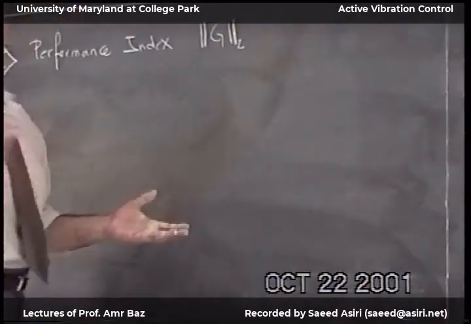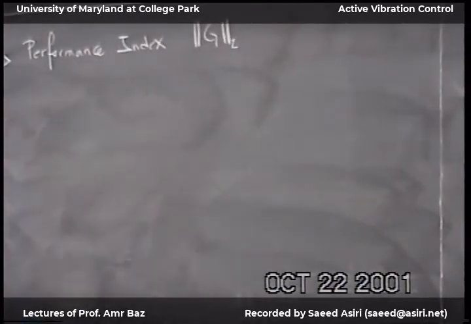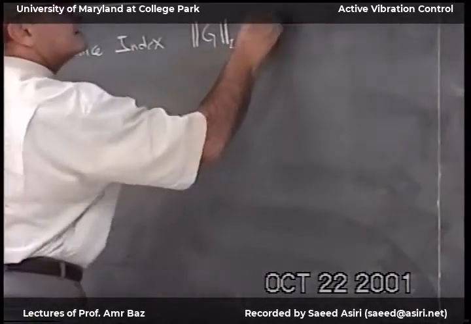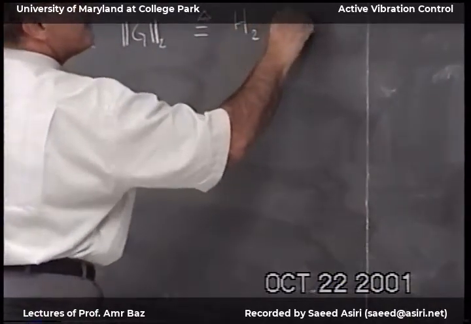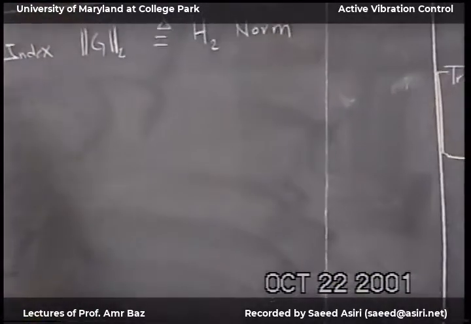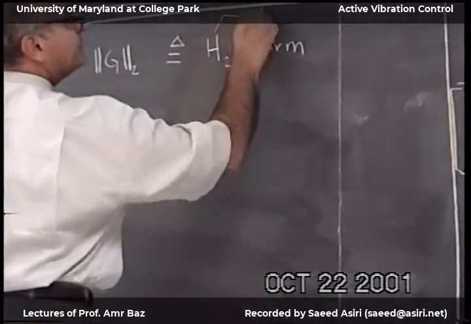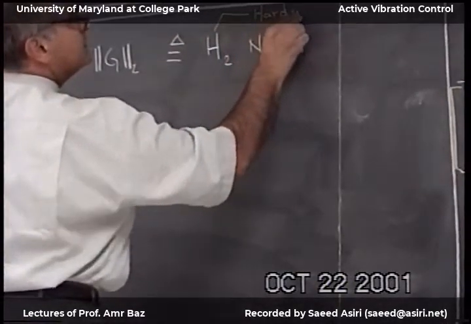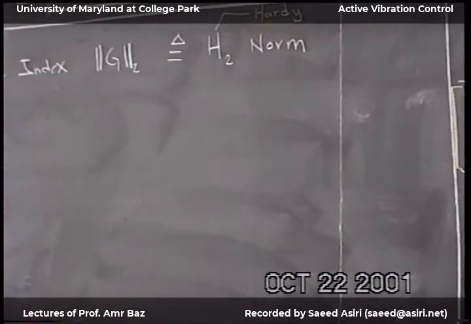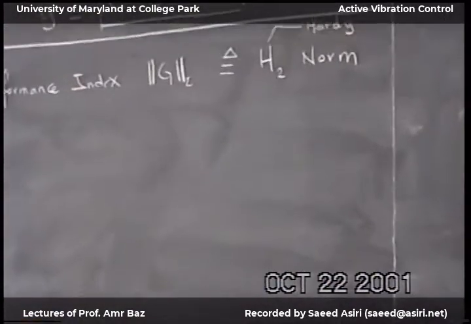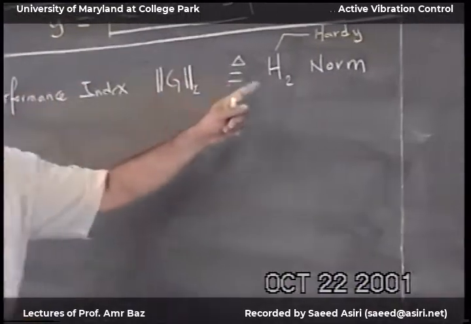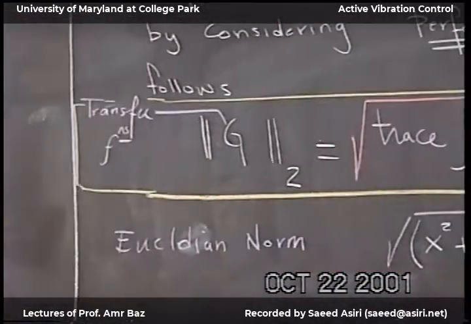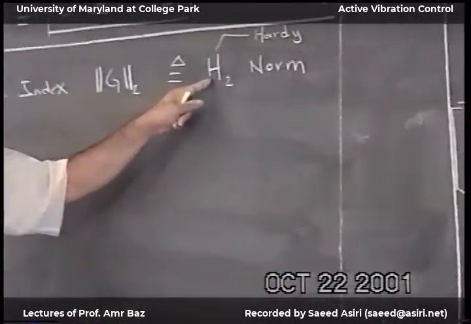Some norm for measurements, some norm parameter to measure system performance. And theirs is called the H2 norm. And H stands for Hardy space, where this was defined. Exactly like the Euclidean norm, which is defined for vectors, this norm is defined for matrices,